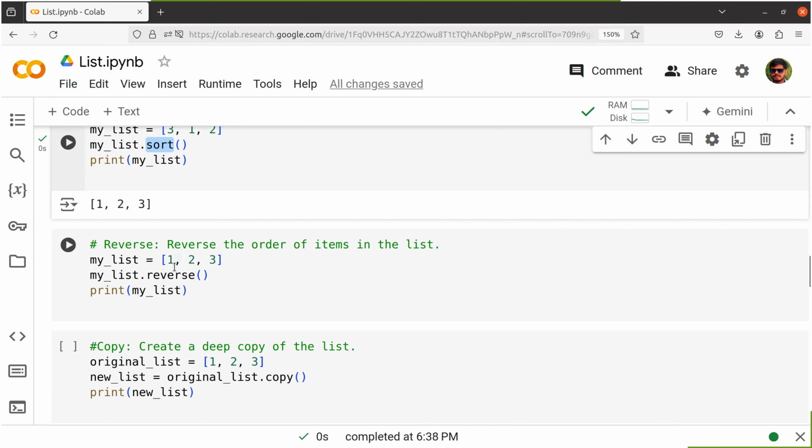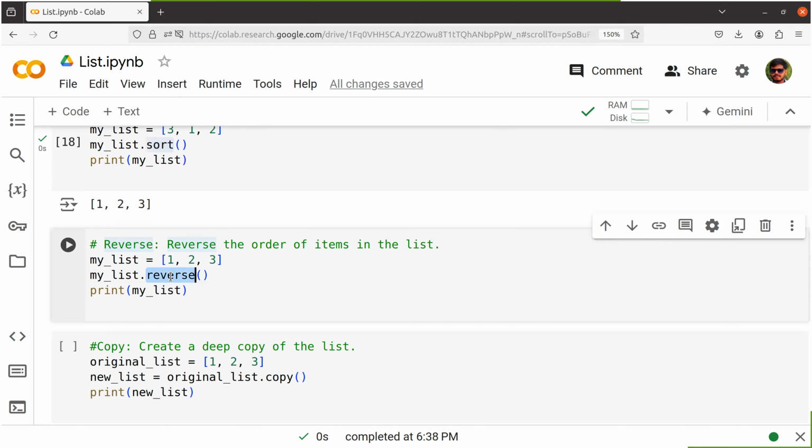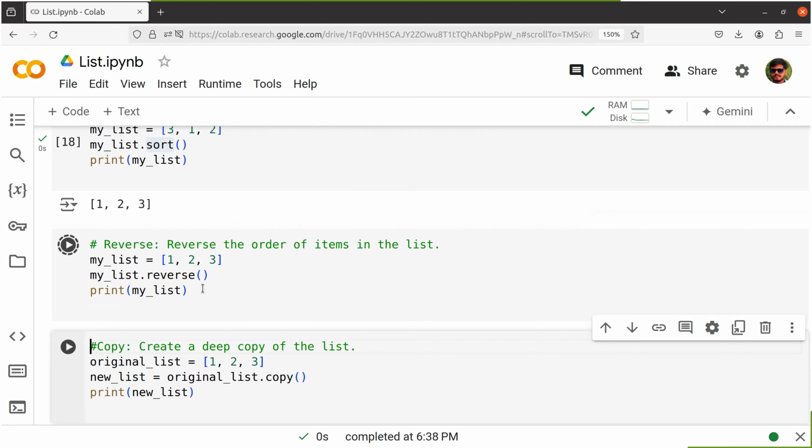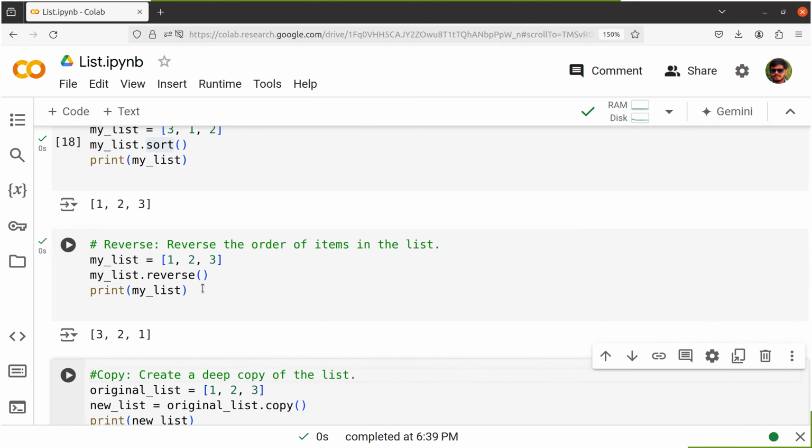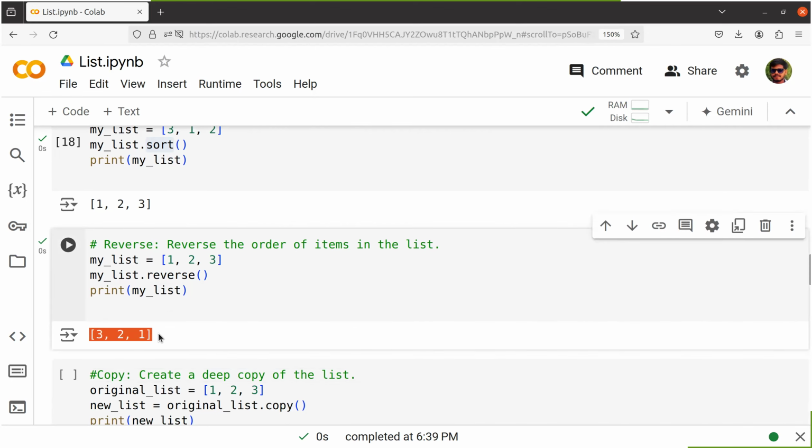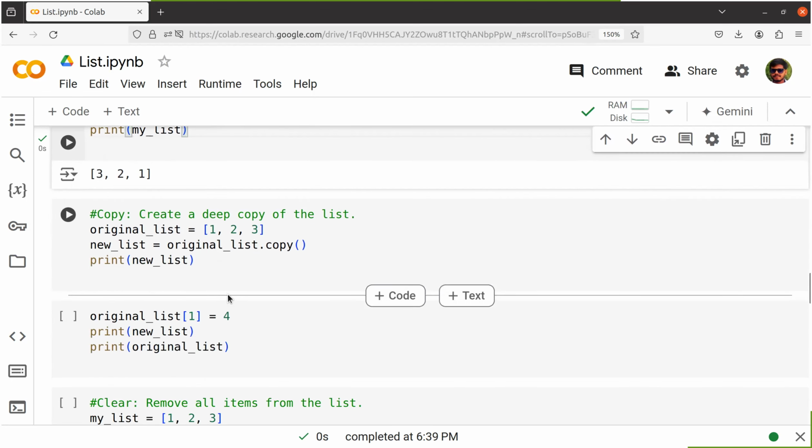Now if we want to order it in reverse, by using the reverse method, we are able to reverse that list. Now 1, 2, 3 will be reversed as 3, 2, 1. See, the output is 3, 2, 1 this way. And here